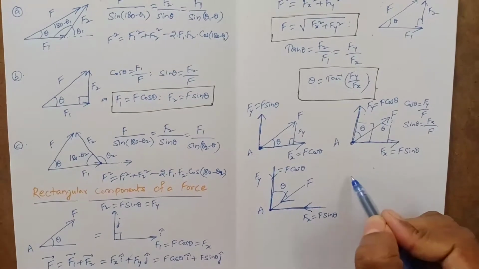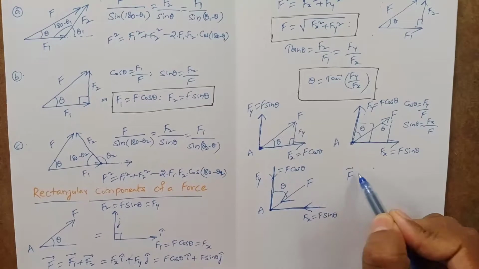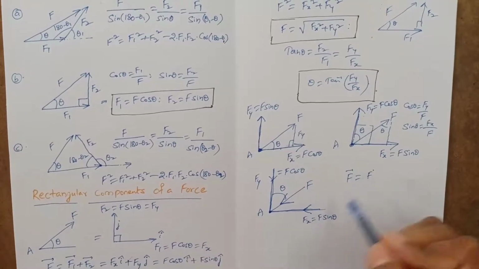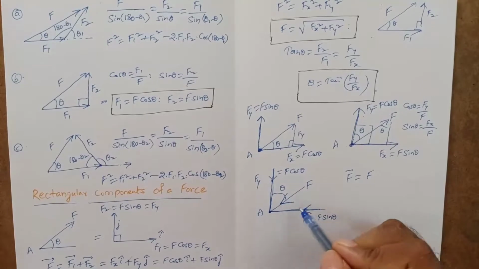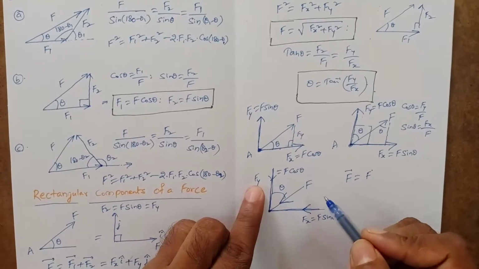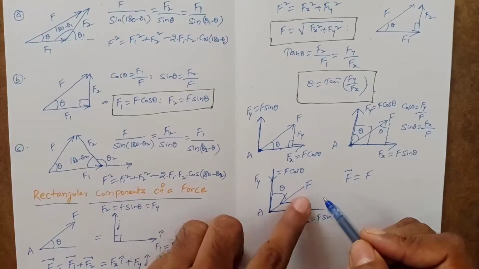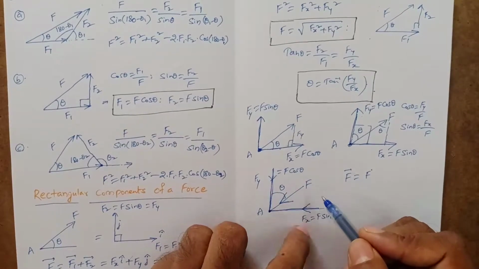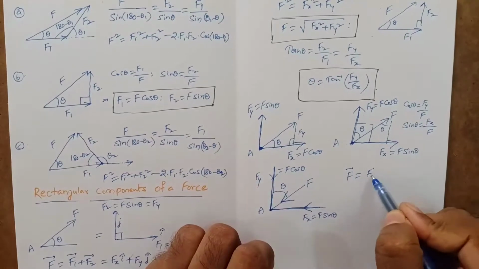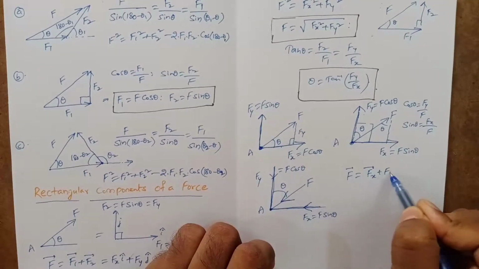So if you write this F bar, it is the resultant of the forces Fx and Fy, because we may say that Fx, Fy are the components of the force F, or F is the resultant of the forces Fx and Fy. So F bar is equal to Fx bar plus Fy bar,